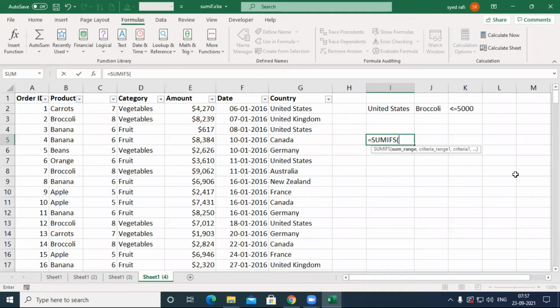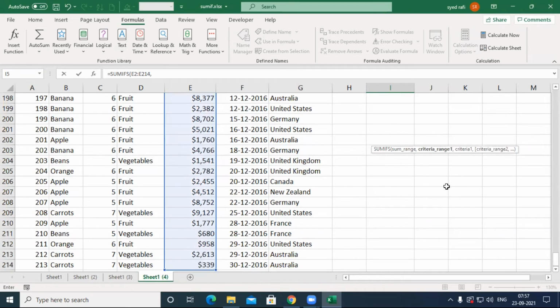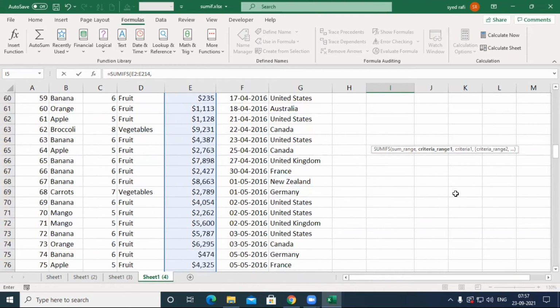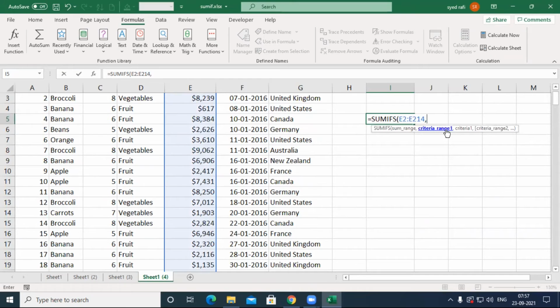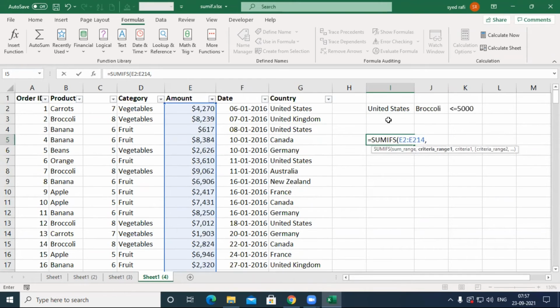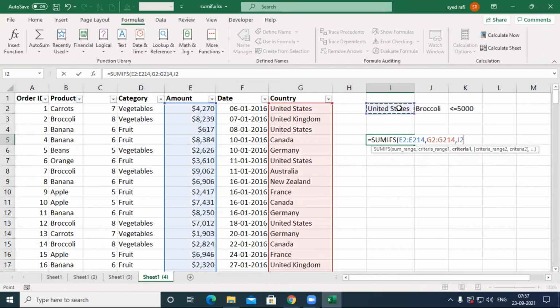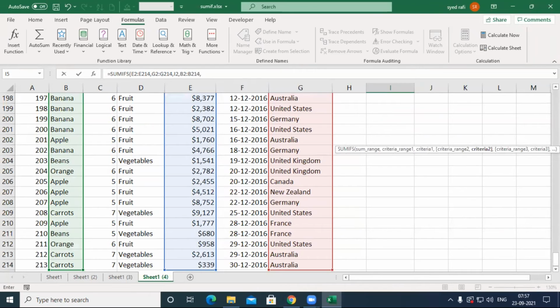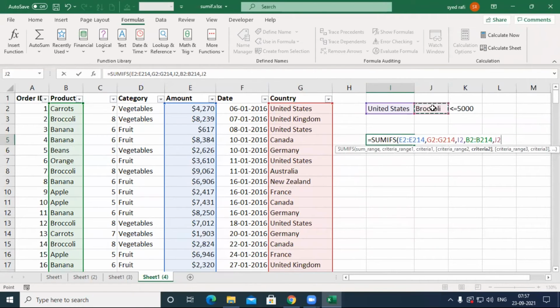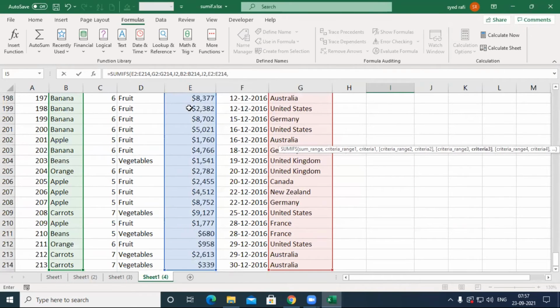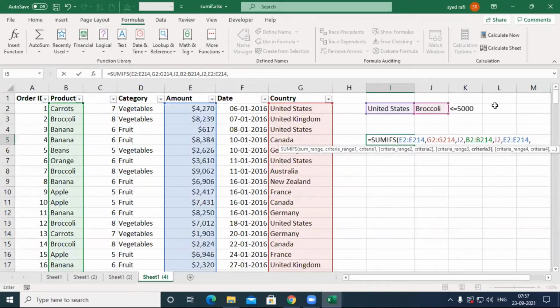First you define the sum range. After defining the sum range, you may give any number of criteria. Criteria 1 means I take this country: criteria range 1, comma, criteria, comma, and product: criteria range 2, comma, criteria 2, comma, criteria range 3, comma, criteria 3.